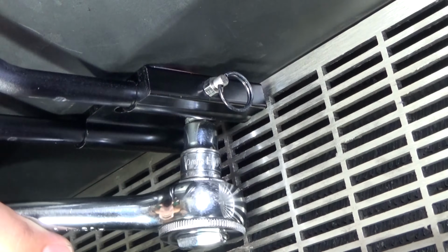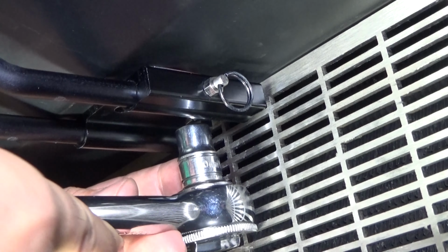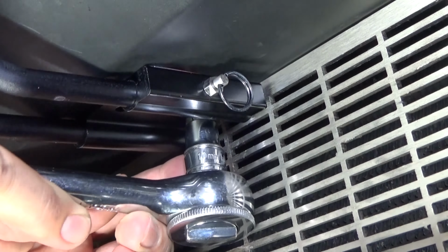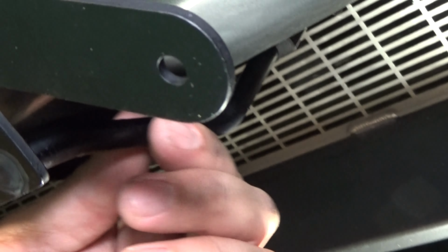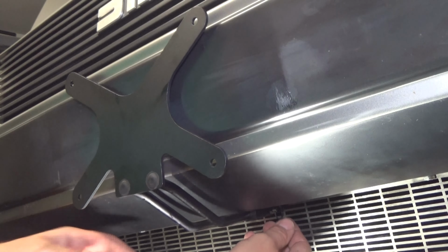So the 3M tape will keep the mounting base plate here from moving around. So that's pretty tight right there. This is great because it actually doesn't even touch the vehicle. You can see that you got a lot of clearance in there, as well as these mounting rods right here. They don't actually touch the vehicle. So that's pretty cool. So now that we have it aligned, we're going to go ahead and remove the bracket,